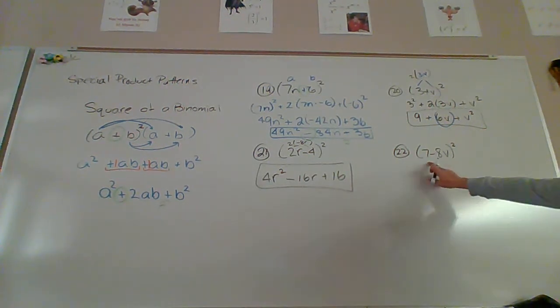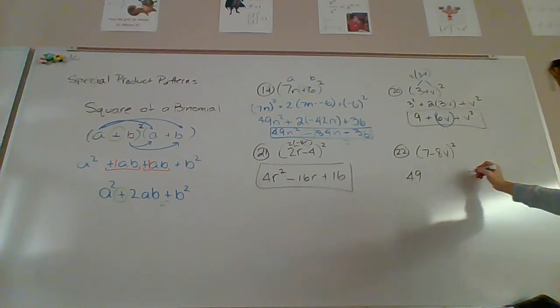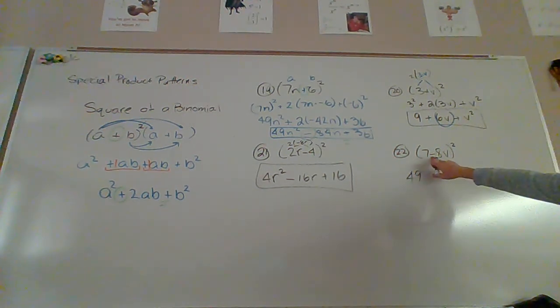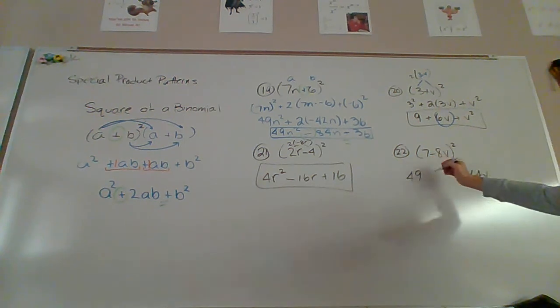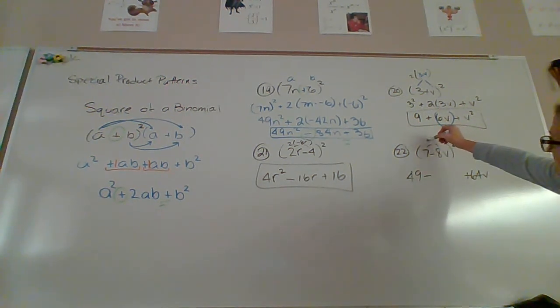Next one, square the 7, 49. We know our last term is going to be plus 8b squared, which is going to be 64b squared. Now we have to figure out our middle term. Well, it's a difference, so our middle term will be minus, and then we multiply our 7 times our 8, that's 56b,